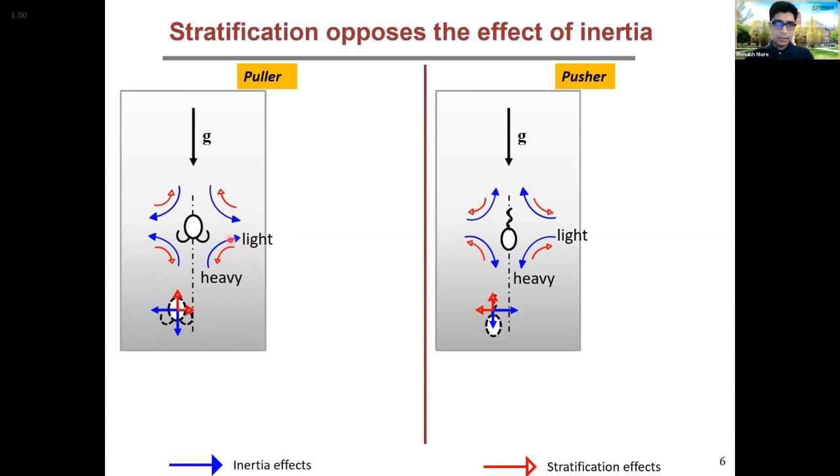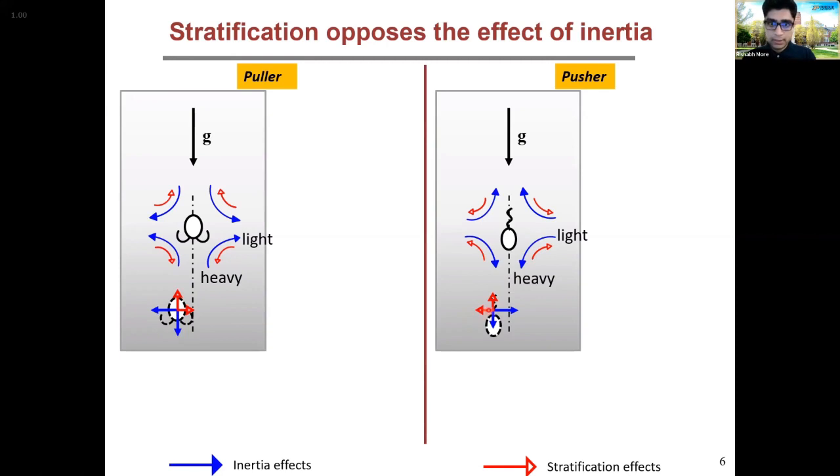So actually the effect then, because of buoyancy, this pulled packet of fluid tries to go to its original position. So the effect of stratification is basically to oppose this perturbation in the flow field by the swimmer. So it's the same for a pusher as well. So stratification basically tries to stabilize a puller while it tries to destabilize a pusher, which is shown by